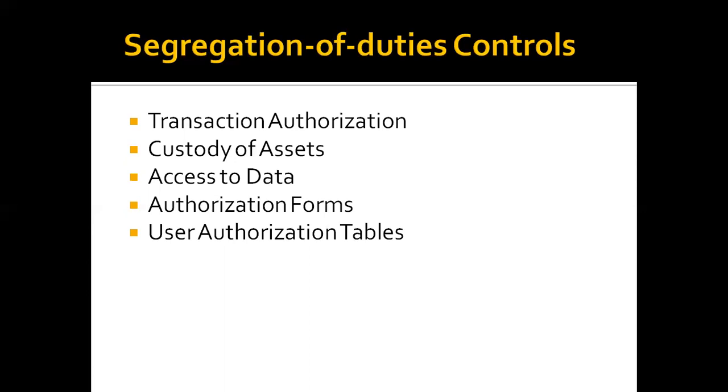Okay, so it's also called access control list, ACL. This is simply like a table in an application that shows you the list of users on that application and their rights. And so it's very important that auditors review these user authorization tables at least once a year, at least once a year.